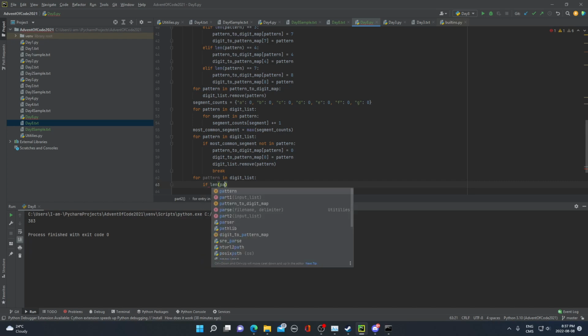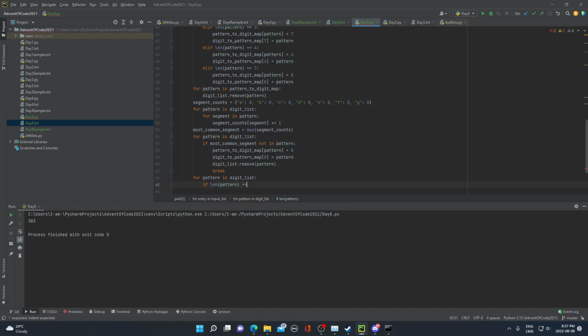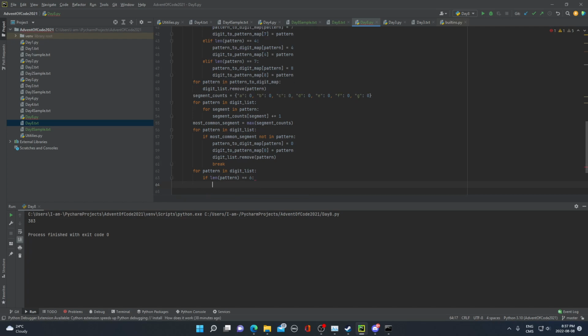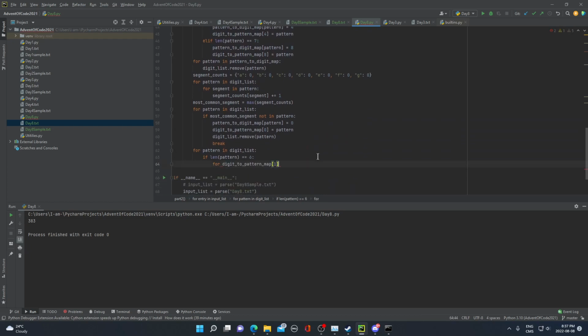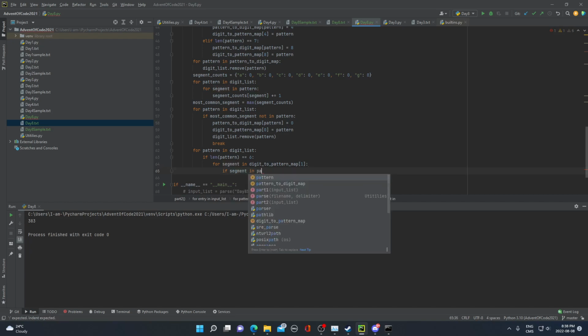If length of the pattern equals 6, then we'll go through the 1 segment in the pattern map. Segment in addition to pattern map 1. If segment is in the pattern,